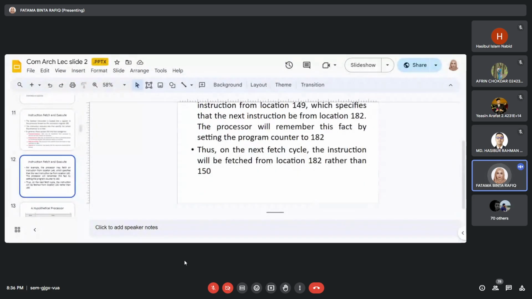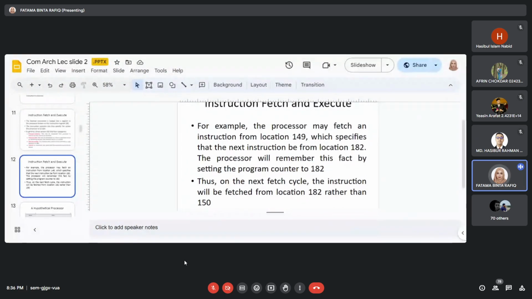For example, suppose here it is saying that the processor may fetch an instruction from location 149, which specifies that the next instruction be from location 182. The processor will remember this fact by setting the program counter to 182, because generally কি হওয়া উচিত,